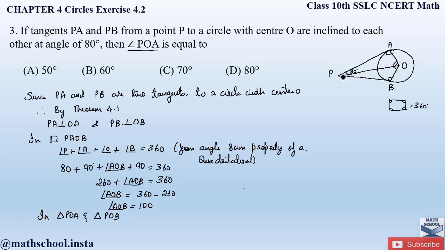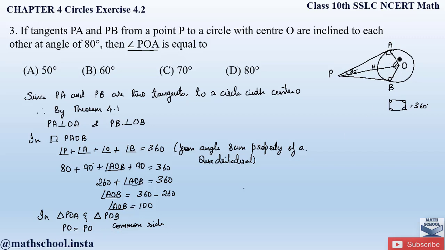Here you can see that PO will be equal to PO because it is the common side for both the triangles, both the right angle triangles. Therefore PO is equal to PO, that is the common side, and also this side forms the hypotenuse in both the triangles. Both the triangles are right angle triangles because each has a 90 degree angle. Therefore the side opposite the 90 degree angle is the hypotenuse. So the side PO becomes the hypotenuse in both the triangles, which is also equal.